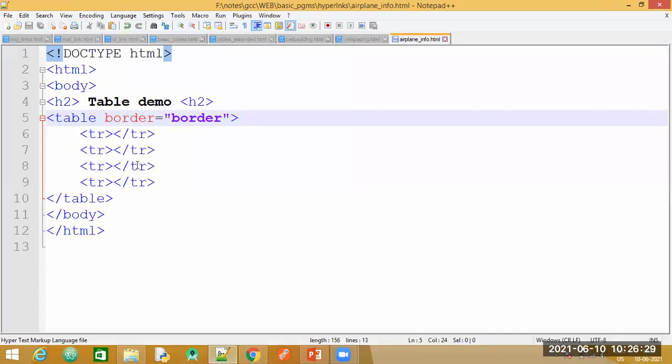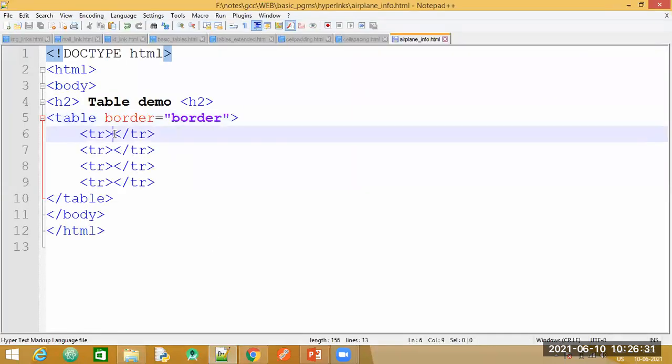Let us go back and check once again. So you can see a very small dot here. Observe this, a very small dot, because currently there is no data inside it to take up the accurate space.